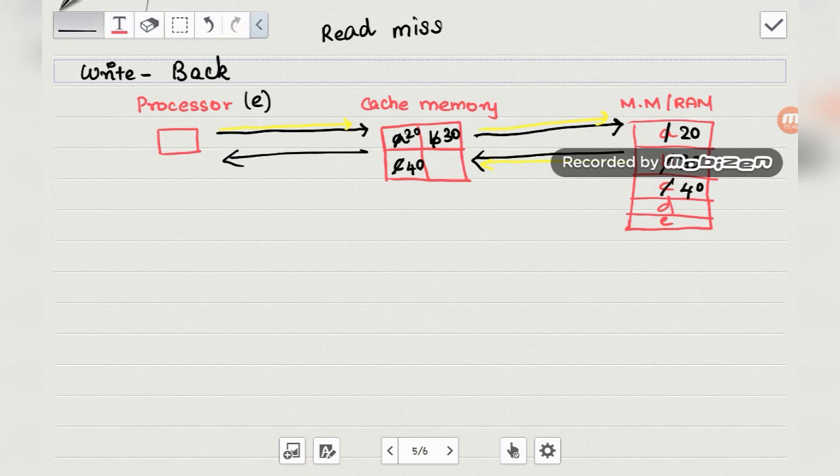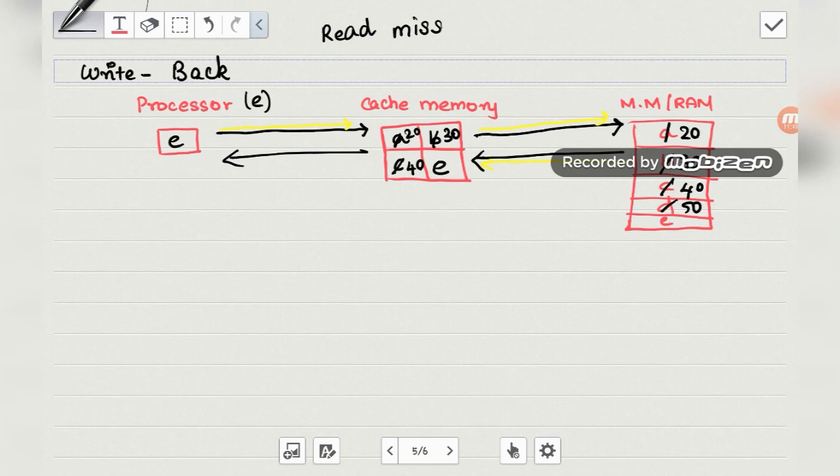When you're removing this value, you're updating it over here, and then you're replacing E over here, and that's it, done. So only when the cache memory is full, that particular value will be removed or replaced or flushed. That is when the main memory write operations will be carried out. So write operations are carried out initially only for the cache memory, and for the main memory only when the corresponding cache line is flushed. Okay, so I'm hoping this is very clear.